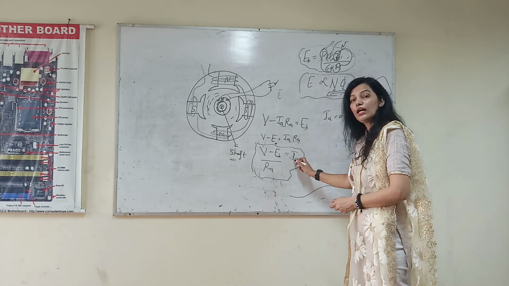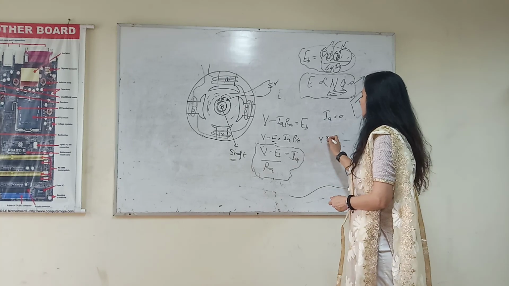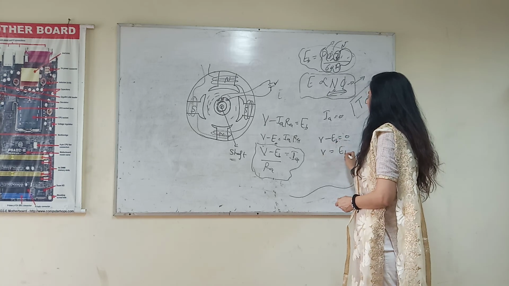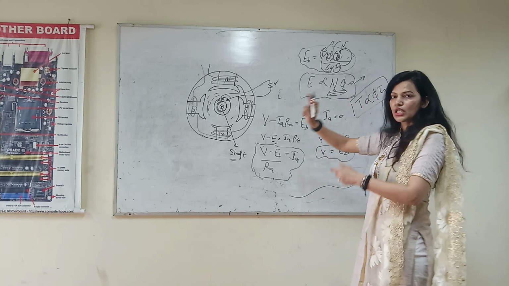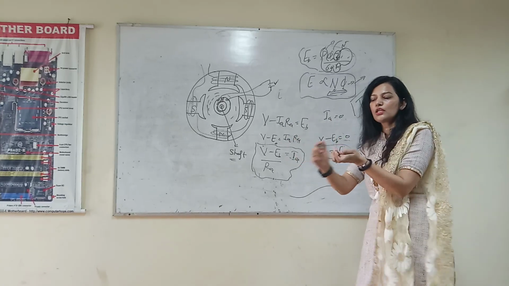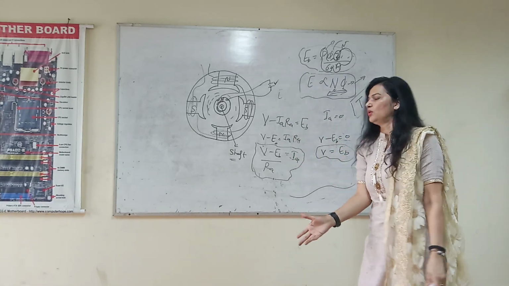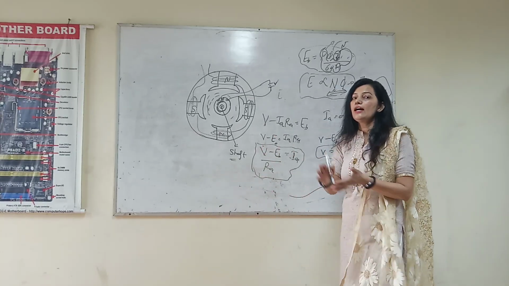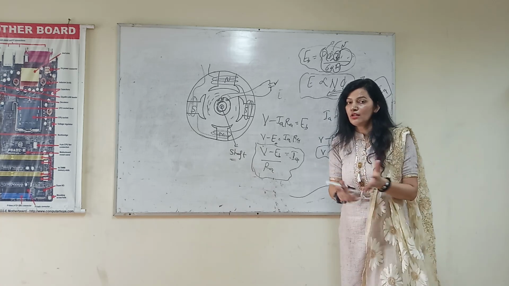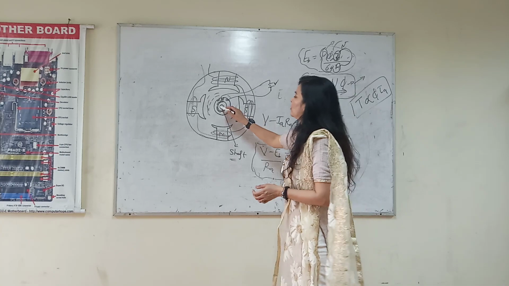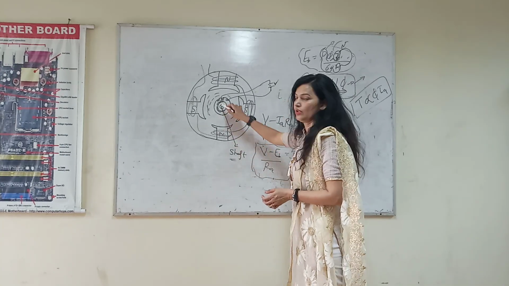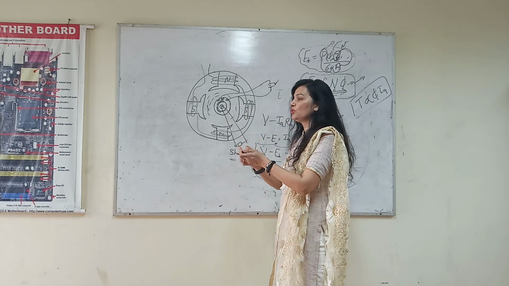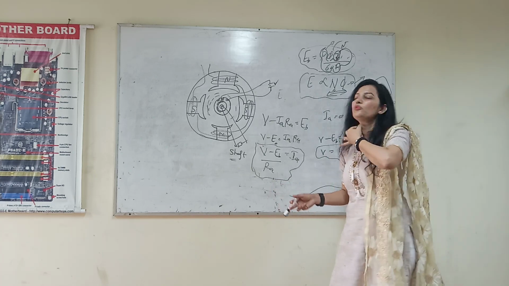अगर Ia 0 होगा, if Ia will be 0, then V minus E is equal to 0 होगा, or you can say V is equal to EB. So remember the first case, or just note down the first case. What I am saying now, that when there is no load or motor is unloaded, in that condition armature current means no current is drawn by the armature, because load हम यहाँ connect करते हैं. If there is no load, ठीक है, load कहाँ connect करते हैं? यहाँ connect करते हैं हम shaft पे, and if there is no load तो यहाँ पर there will be no current flowing through the armature.